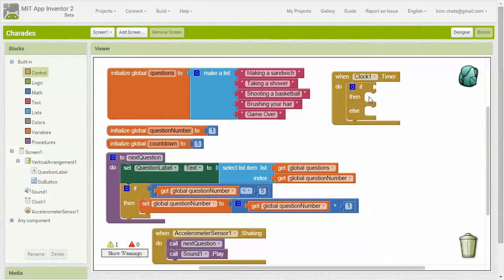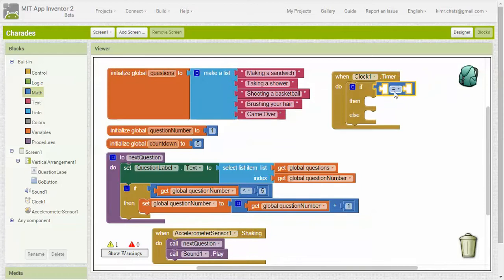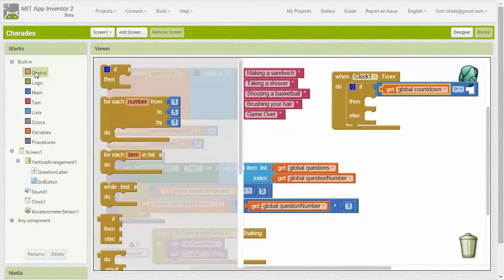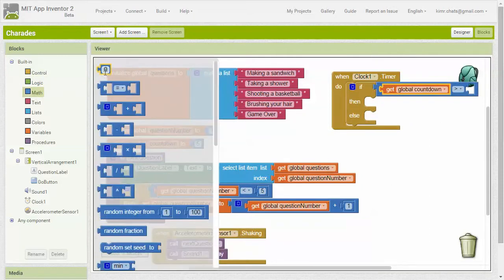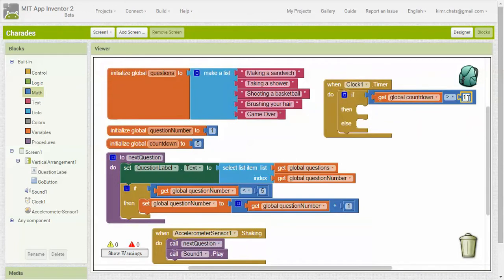So I'm going to say, if I need a math to get me greater than, I'll change that right now to greater than, if my global countdown is greater than, oops, under math, careful about that backpack there, greater than 0, then I'm going to set the question text to